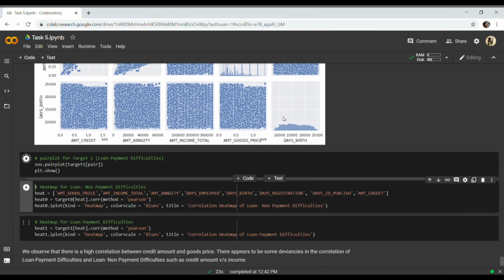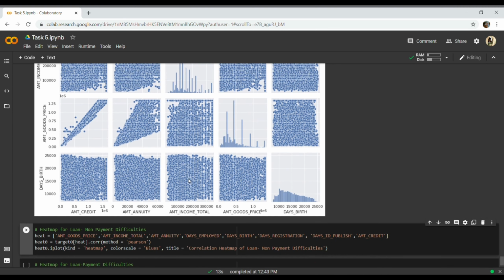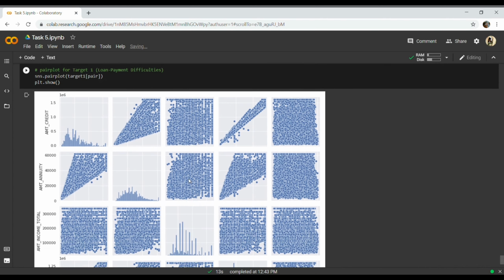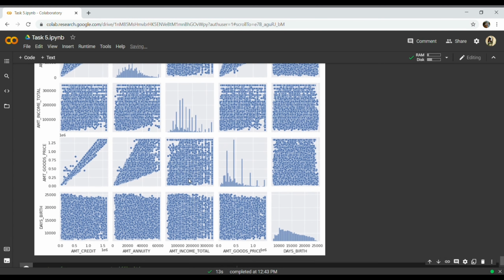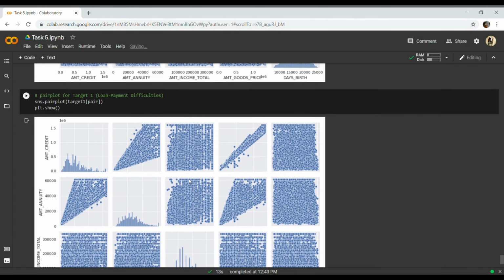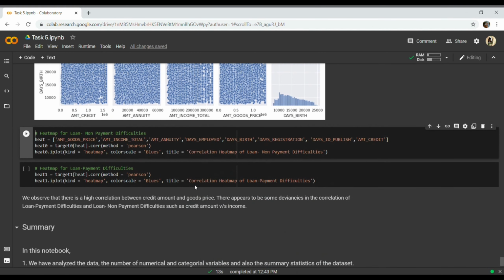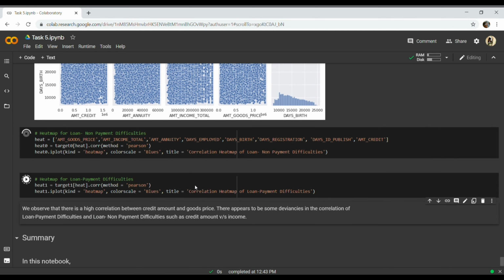Let's check for the other one, the target 1, that is loan payment difficulties. Okay, so here also it's evenly matched like this one. Let's see the heat map to understand the correlations better.